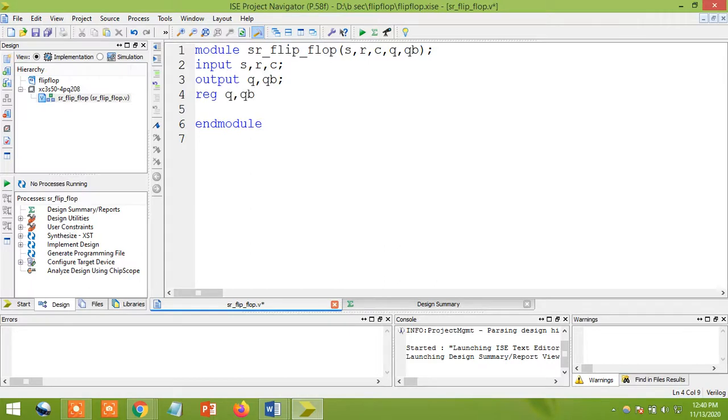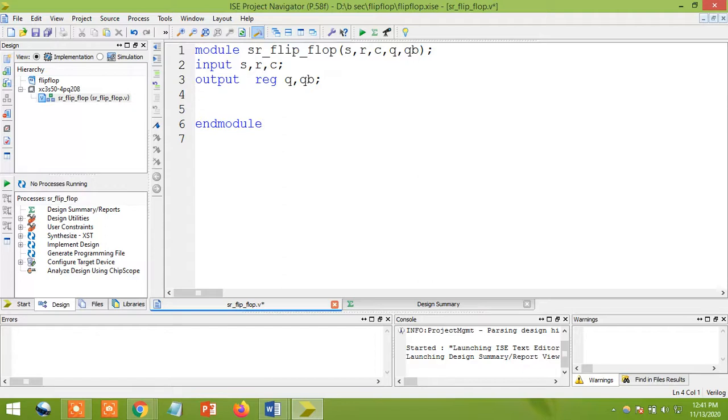In this way also you can do it, as you wish. But my suggestion is to try to reduce this, so I'm going to declare it here only. I'll give a register here only, and just remove this statement. So this is the declaration: module name, inputs, outputs, and the outputs I declared as registers. Between here, I can start my program.